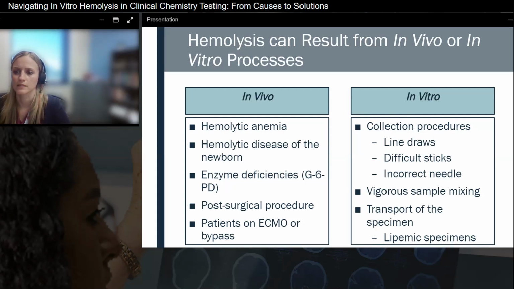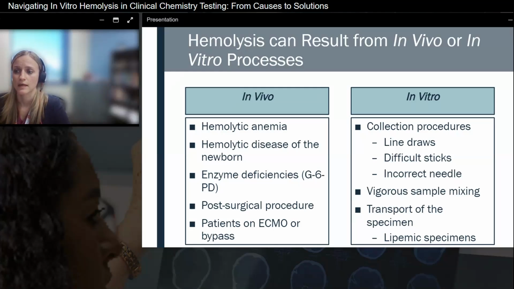In vivo processes are primarily going to include pathological conditions such as hemolytic anemia, hemolytic disease of the newborn, and enzyme deficiencies. In vivo hemolysis can also be the result of mechanical stress, such as occurs post-surgical procedures and in patients that are on ECMO or bypass. In vivo hemolysis generally occurs infrequently and accounts for a small percentage of redraws and the hemolysis that we see